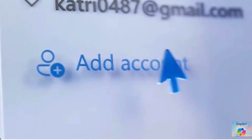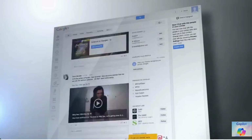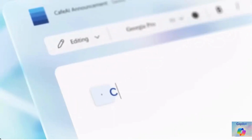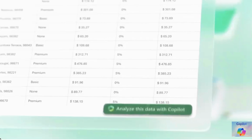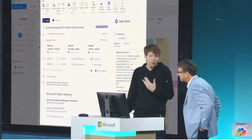Businesses like Dentsu, Lumen Technologies, Northern Trust, Schneider Electric, and Visa are already reaping the benefits of Copilot across their sales, service, and finance departments. For example, Dentsu sees potential in Copilot for Finance to boost the efficiency of their finance professionals by optimizing routine processes. Northern Trust highlights the transformative impact of Copilot for Service on their digital workplace and client relations. While Visa is excited about the prospects of rolling out generative AI across the company, having seen positive outcomes from their broad deployment of Copilot for Microsoft 365,